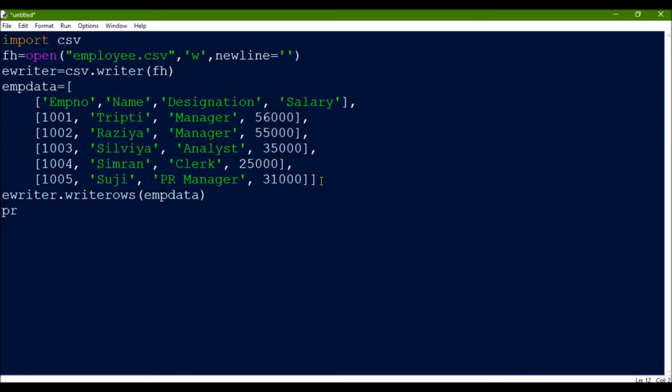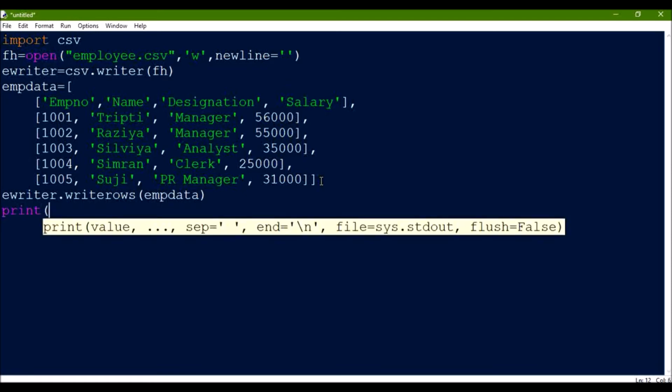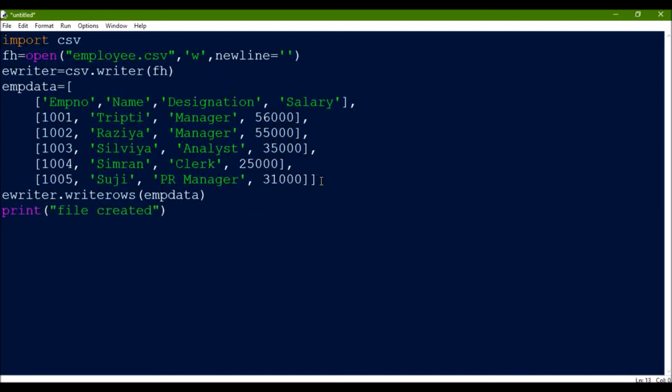Now I'll display a message that the file has been created, and then I can go ahead and close the file. So this is the file creation and writing part. Now if I want to open the file for reading, then after closing the file, again I will open this file over here in read mode, and now the newline argument is not needed, because while creating the file we have already specified it. So at the time of reading the file, there is no need to mention the newline argument.